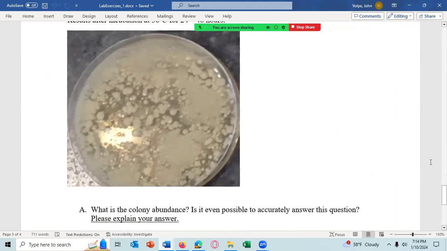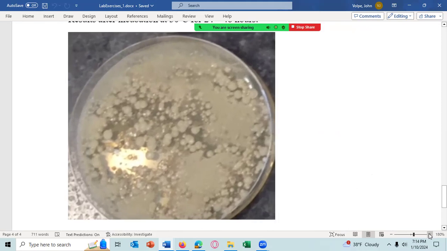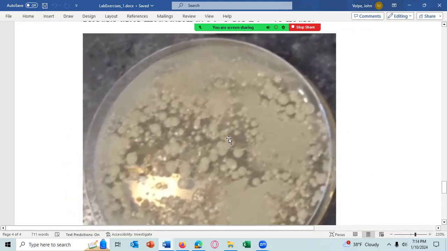And the soil plate looks like it's large colonies. Let me blow that up. But there are some, like right in here, right in there, that are small. So not all of them are large. Those 2 are really small. These 2 there and there, there's 2 in between which are sort of small, but that's really small there and that's really small there. So don't tell me the size of the colonies, because you do have small colonies in the soil plate too.